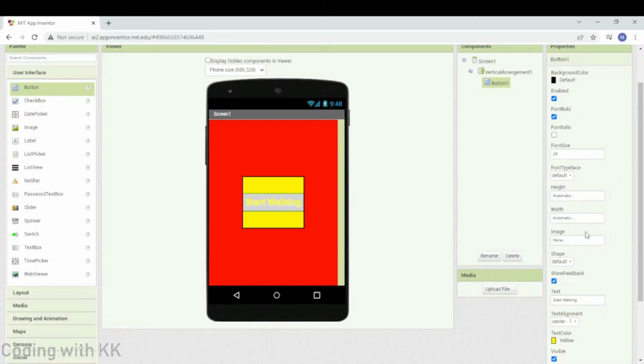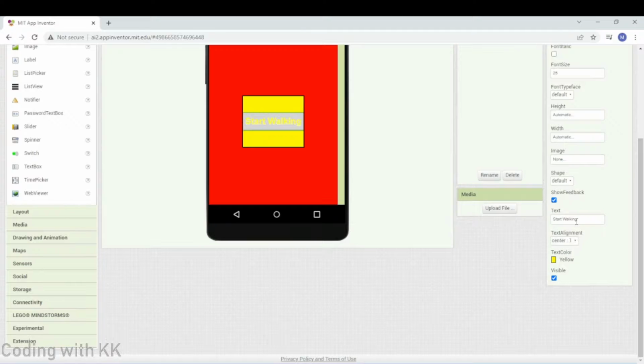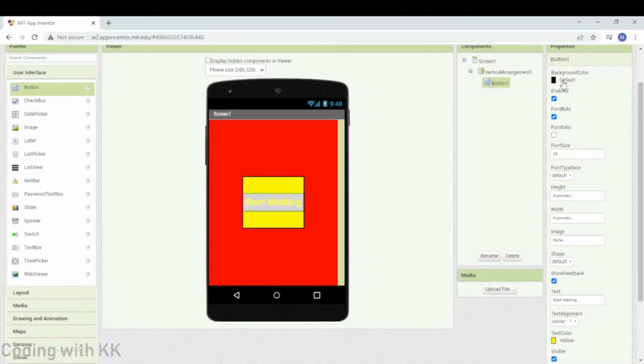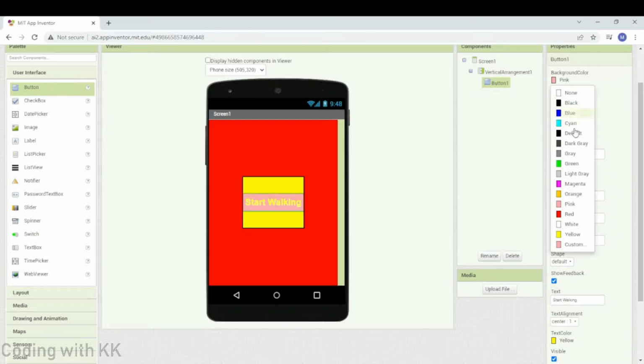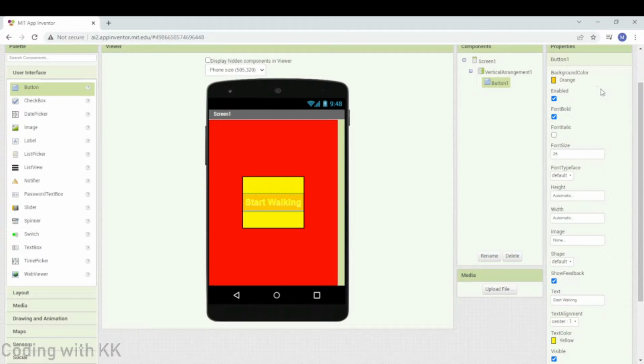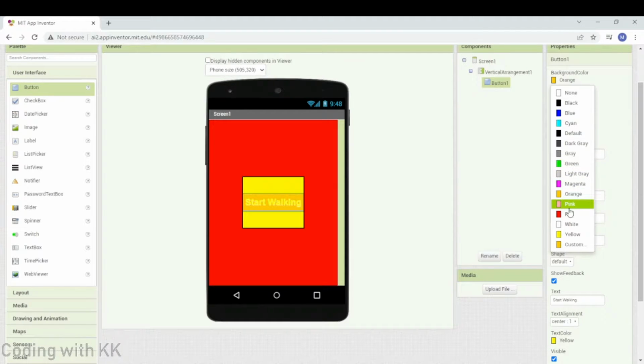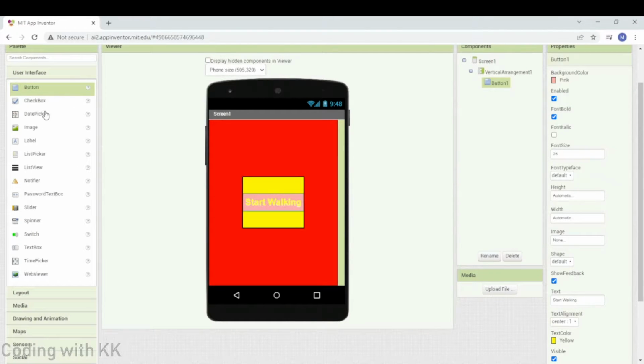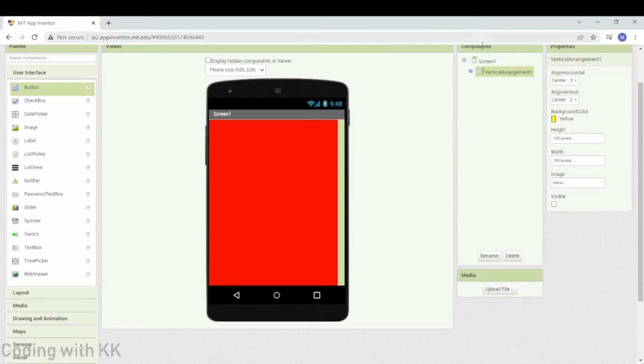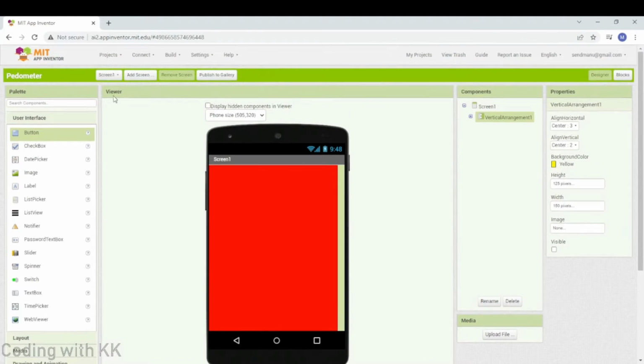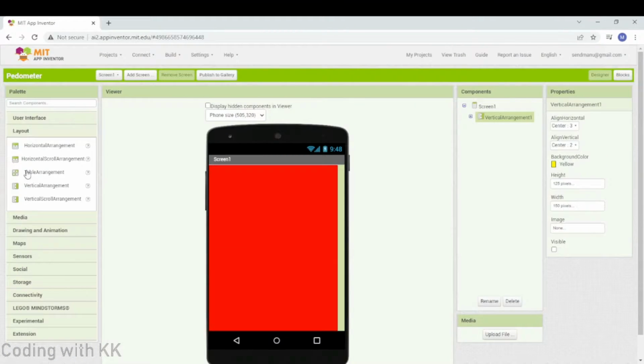I have to make the background color cyan. Does it look nice? Yeah, that looks nice. Okay, I'll make the background color orange, so that overlaps it. Okay, it will be fine. Now I'll make this vertical arrangement visible to false for now, and then I'll add one more vertical arrangement here,